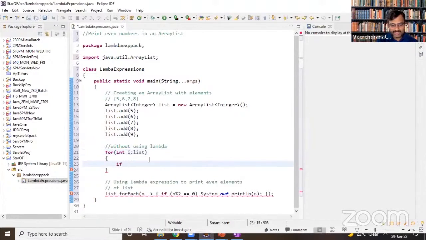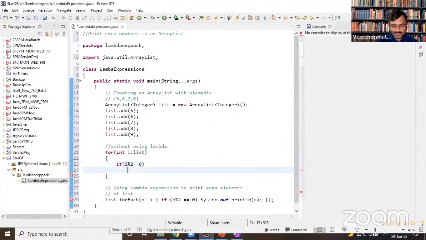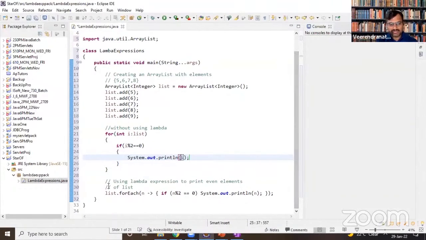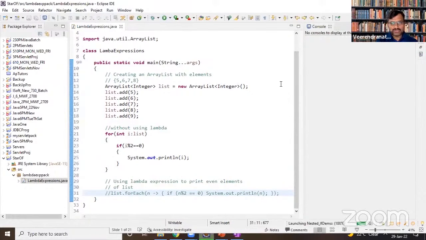So if i mod 2 equals 0, you just print system.out.println the i value. Let me comment this for a while, save this and run the code.